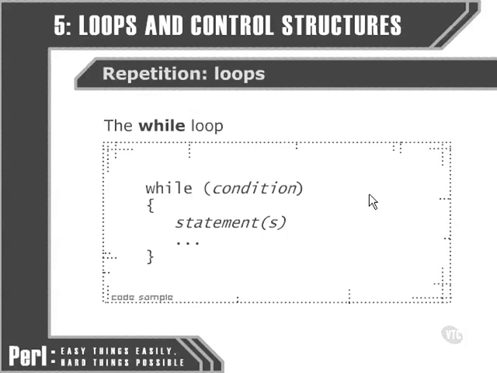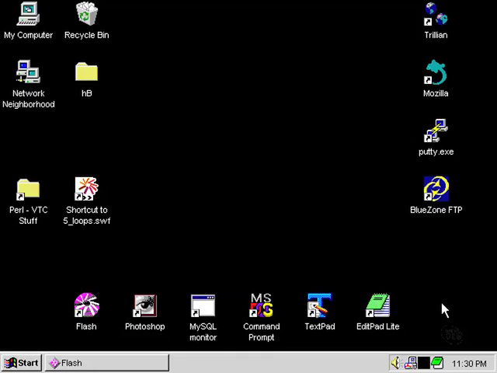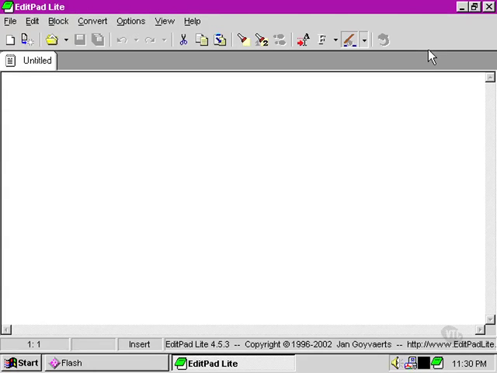Let's go over now to our text editor and we'll see how to put together one of these loops in Perl. First of all, we need to set up a variable. Actually, let's set that variable to 1, and we're going to call our variable I. It's very common when using a loop in Perl or any other programming language to use a very short variable